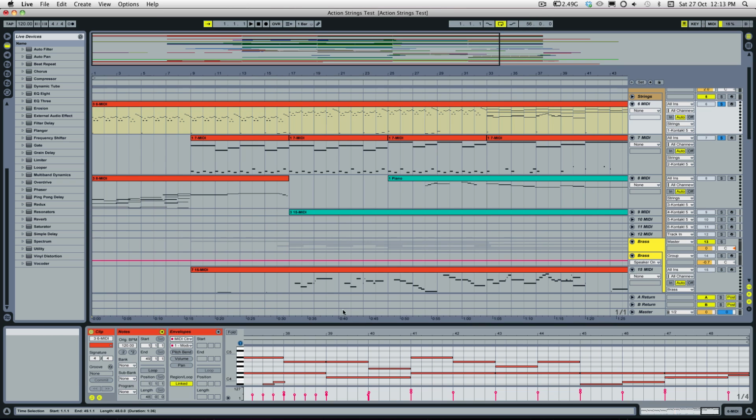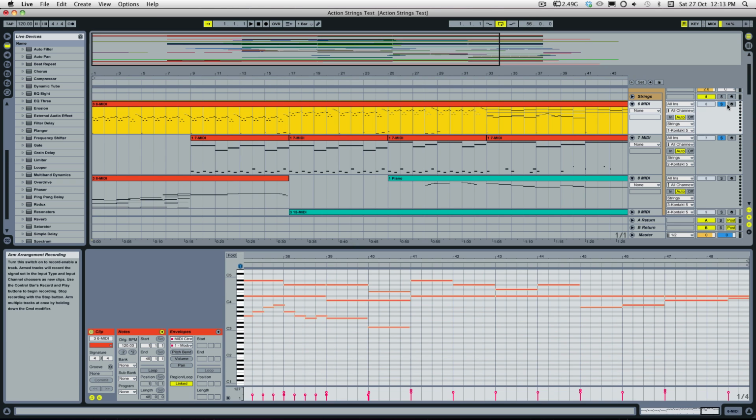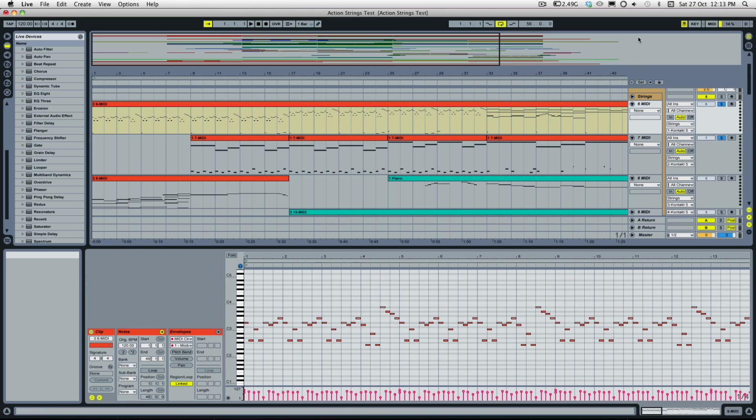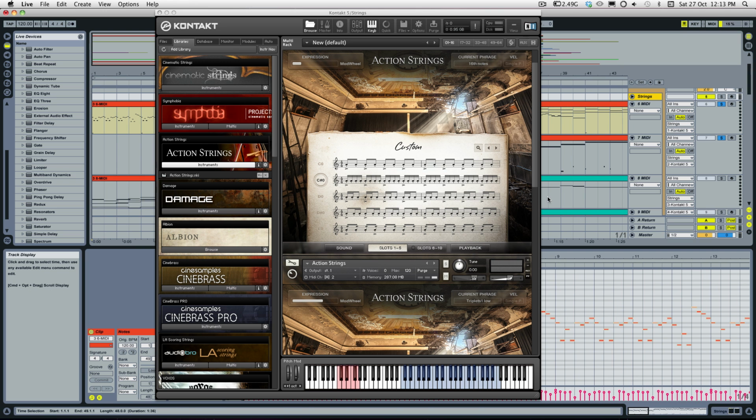So if we take a look at my first string section here, which is Action Strings, I'll just solo the Action Strings for now. Now, these phrases are all recorded at single pitch. So these 16ths are all playing the same note. So if I just play a note on the keyboard, you see it will just loop through, and those phrases are recorded as one single pitch. So, people would say, oh, that's very limiting and such. But the good thing about it is that because they've recorded single pitch on every key,